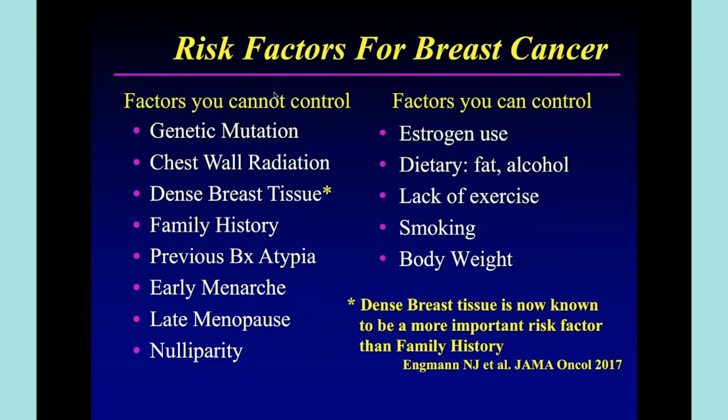We're all at risk of developing breast cancer, but there are factors that can increase a woman's risk of getting breast cancer above average. Now, many of them are beyond our control, like the ones listed on the left, like having one of the breast cancer genes, having had radiation for Hodgkin's lymphoma, having dense breast tissue, a family history of breast cancer, especially in a first-degree relative like a mother or sister, having a previous biopsy that showed atypical cells, if you started your periods early or went through menopause later, or even if you just had no children,